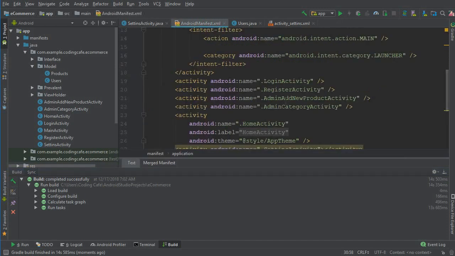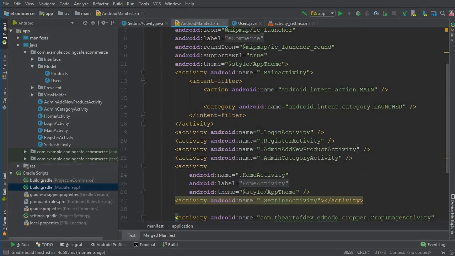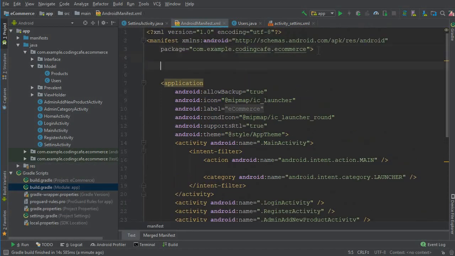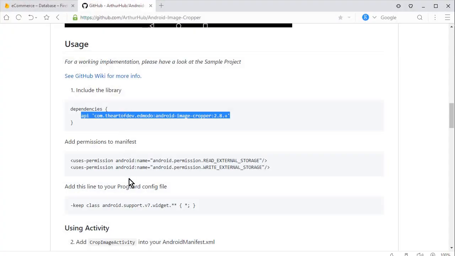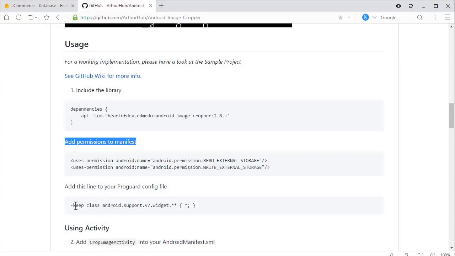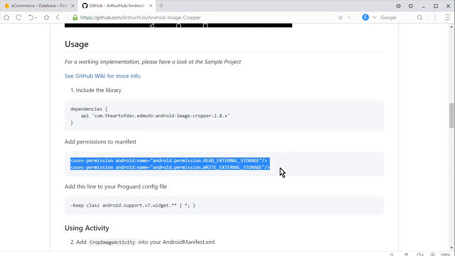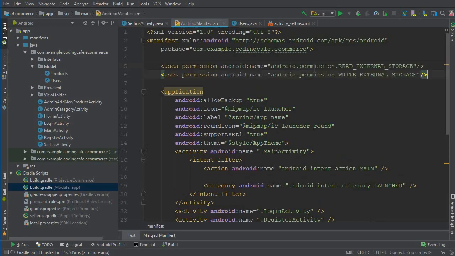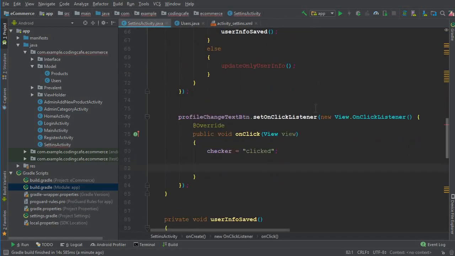So now next thing is, here on our Android manifest we have added this activity. Now the next thing is to add the permissions. So come here to this and you can see here add permission to manifest. Copy both of these read and write permissions, go to the Android Studio and paste that here. So that's it. Now come back and